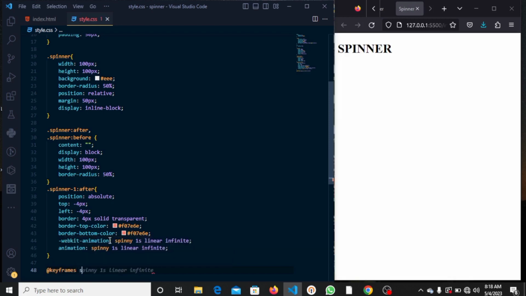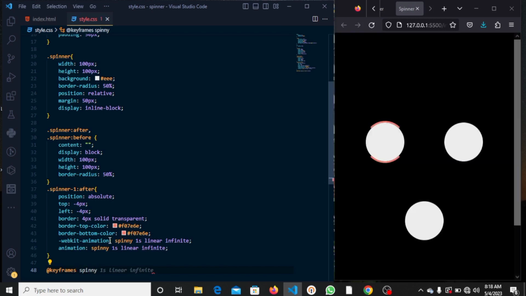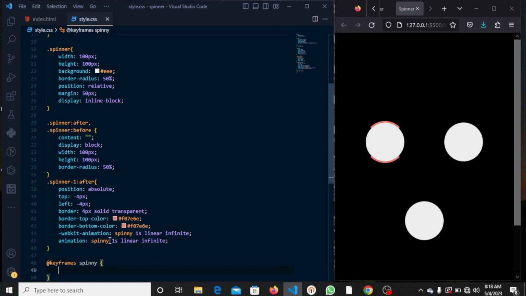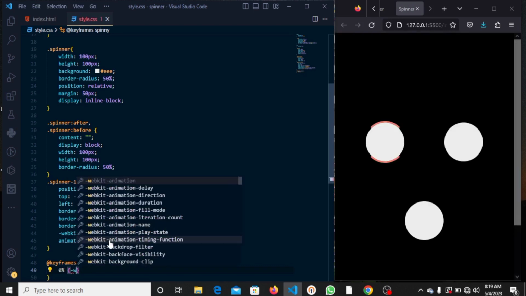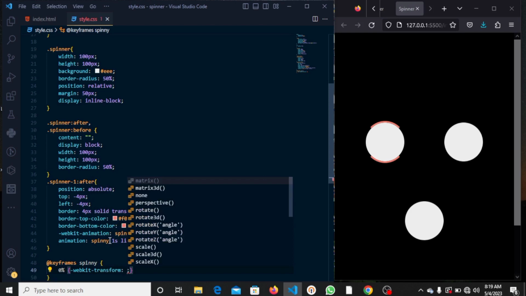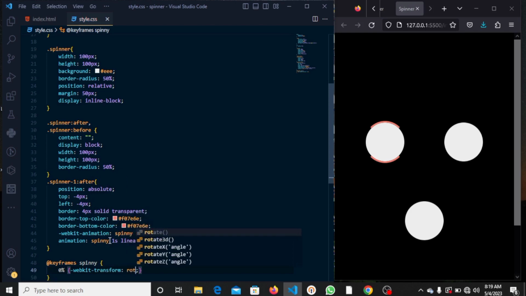So spinning, we say 0. It will start from 0 degree to 360 degree by rotation. So we say our 0 degree, our 0%, you say WebKit transform. You need to use transform. It should be rotate from 0 degree,